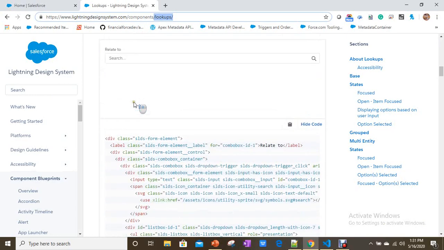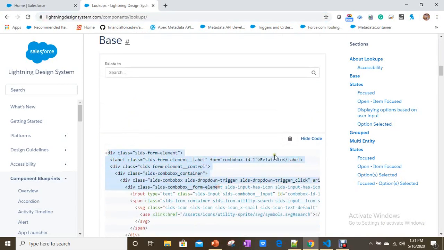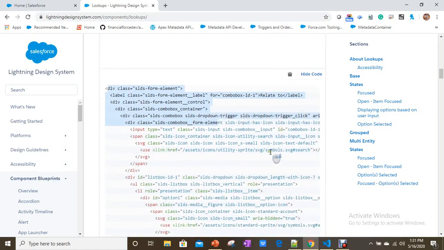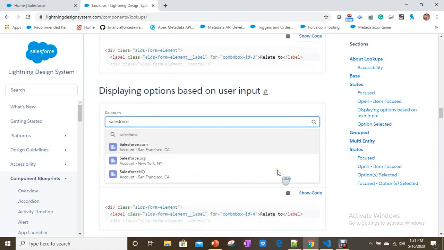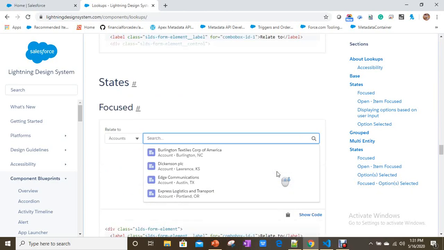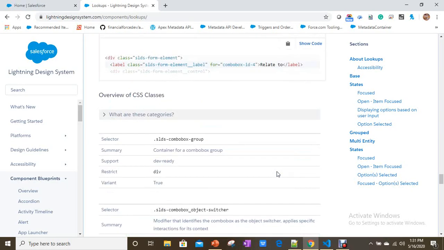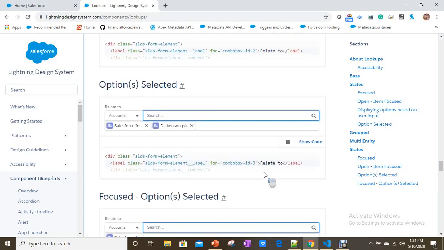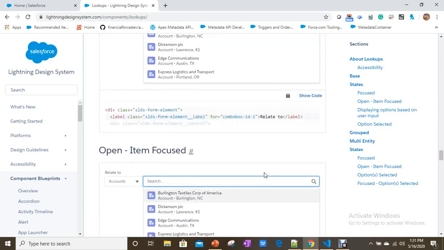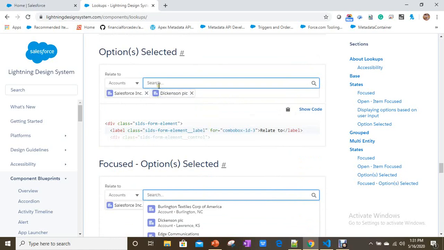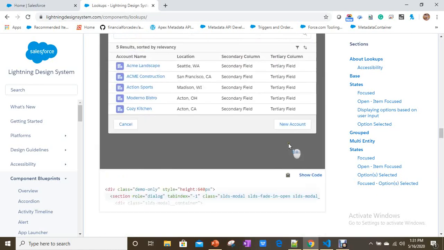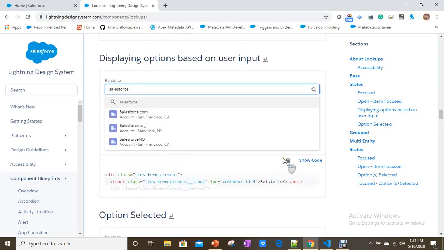Whatever we are going to explain now, you can apply the same example for different kinds of outputs like auto completion and selecting multiple things from the combo box. A lot of things are there, and you can have a look.